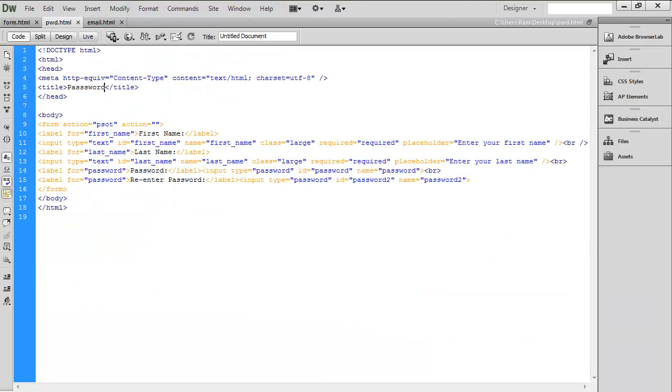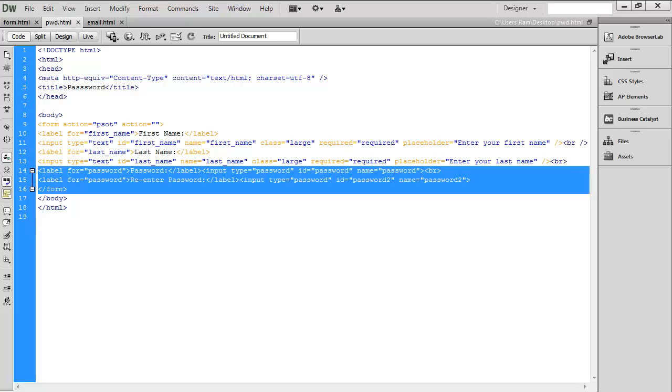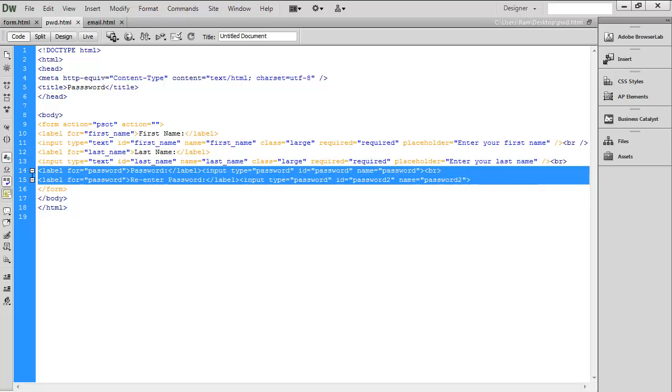All we have done in this is we have included a new label for the password boxes. Here you can see there is a label for password box, and there in the input type we have given type equals to password and ID is also equals to password. Now there is another second label where it is written re-enter password. This is done to confirm the password from the user. So now let us run it in the browser. You can see here it is, first name, then last name. Now while placing some text into the password, you can see it takes the form of bullets.